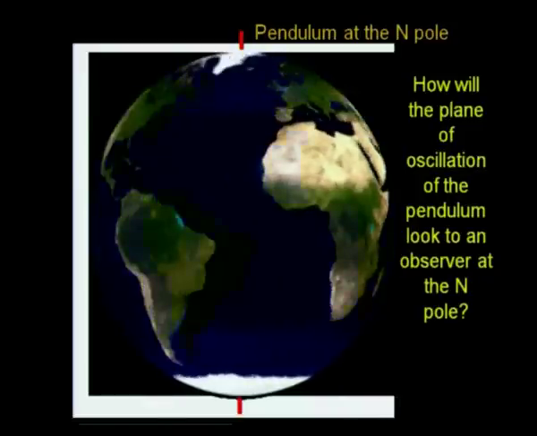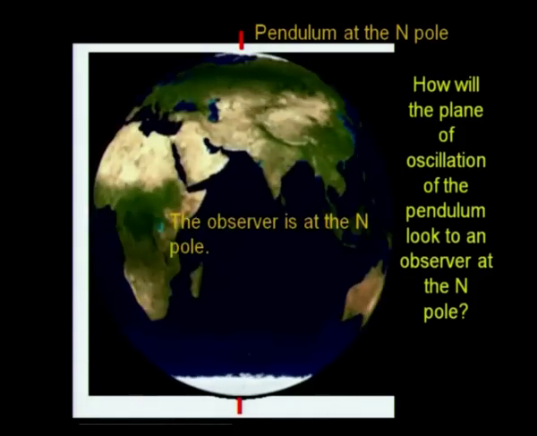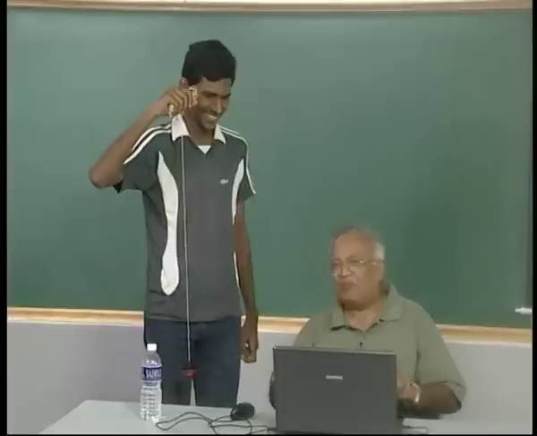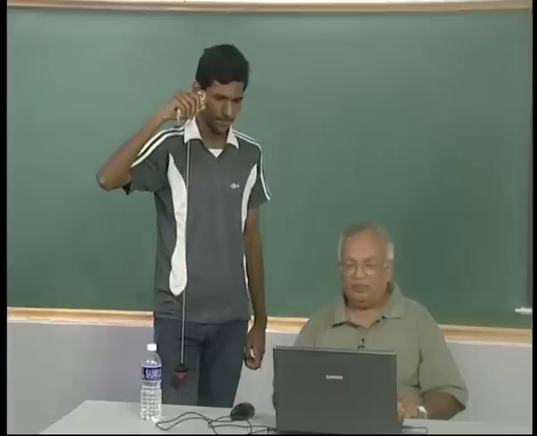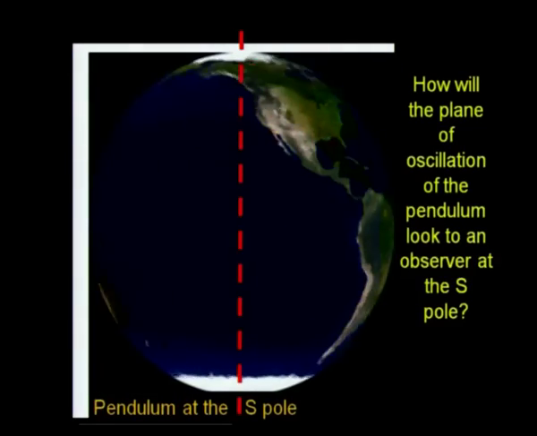Now, what would happen if he does this experiment at the south pole? Now, this is what you call a thought experiment. So, at the flash of a thought we can place Vivek at the south pole from the north pole without any travel involved, and then you again allow the earth to rotate,